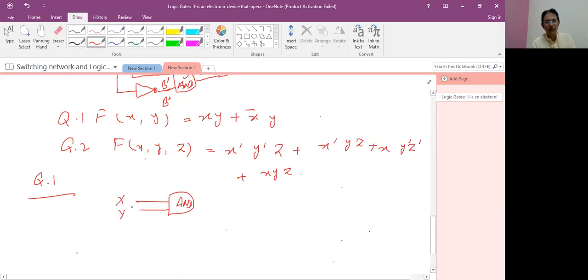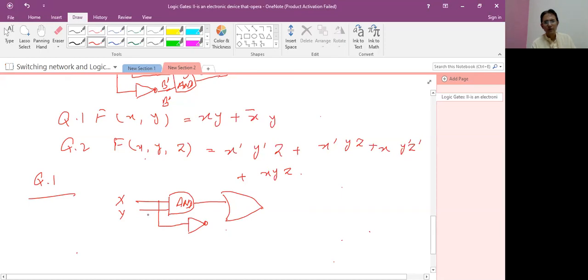X and Y are the inputs. Then we connect with an OR gate. What is X complement? It means negation of X. When we draw a NOT gate of X in this form,